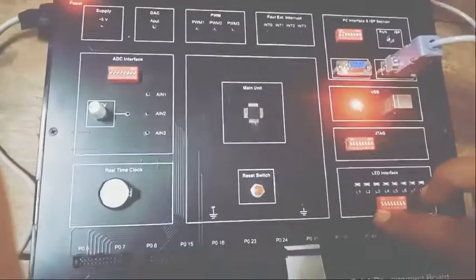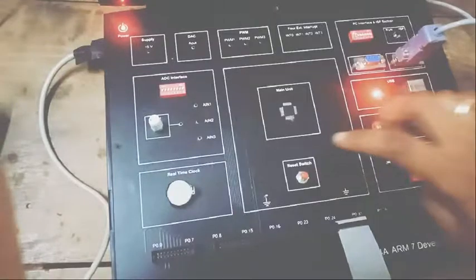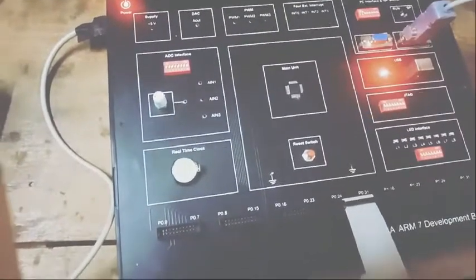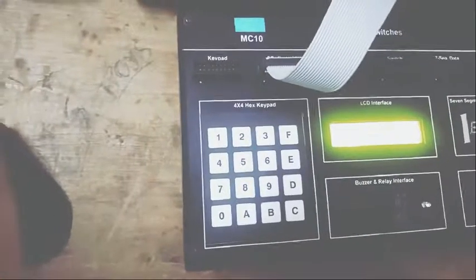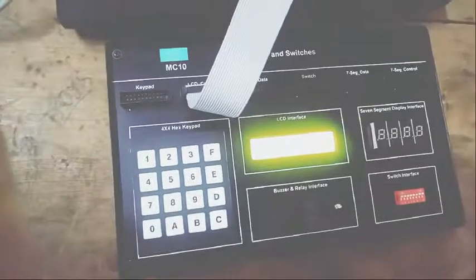Next, switch on the ARM board, then press on the reset. Now the buzzer is making a buzzing sound. For 1 second it is on, and for the next 1 second the buzzer is off.